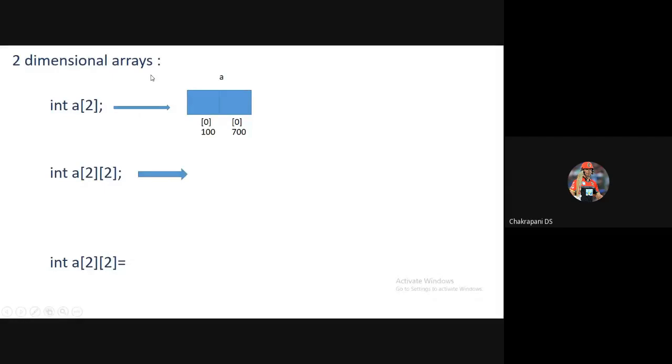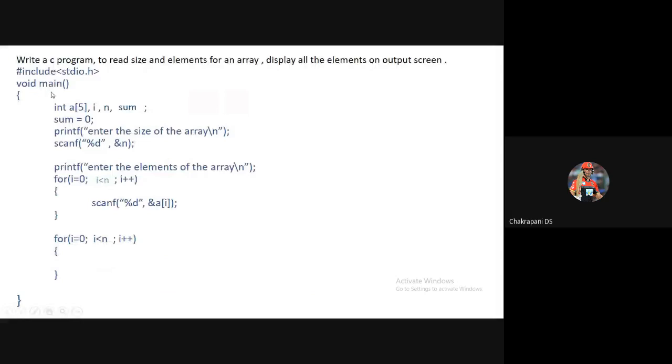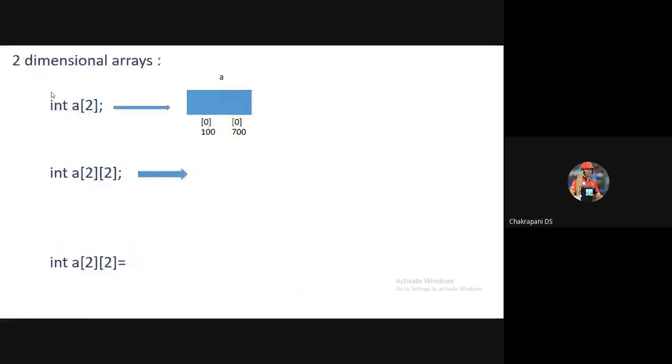So, arrays which we have discussed earlier are all single dimensional arrays because there was a group of memory blocks in the format of a single row. That's why they were called single dimensional arrays. For example, you can see here int a of 2, two memory blocks which we can see as a single row gets created.